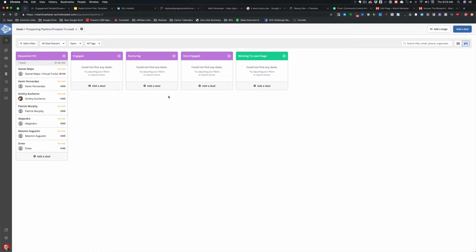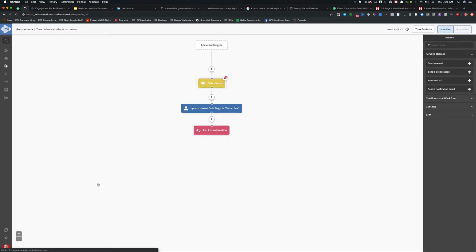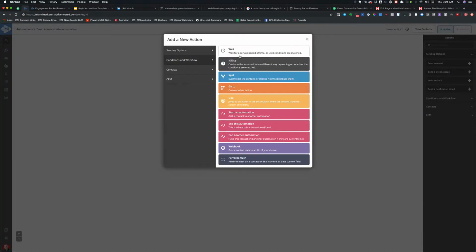Okay, so I don't want to have to go through each one of these individually. So what I'm going to do is create an automation, and I have a catch-all automation right here called a temp administrative automation, so that I'm not stuck creating a bunch of different automations. So what I'll do is I'm going to do a condition. If